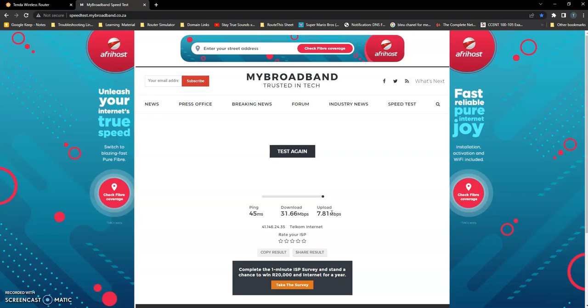So those are the things I will show you shortly. So this is the second test. You see already this is not the same as the first test. Last test, I see the only thing that has been constant here is the ping, and I am connected on the Telkom LTE. This is just my failover or my backup